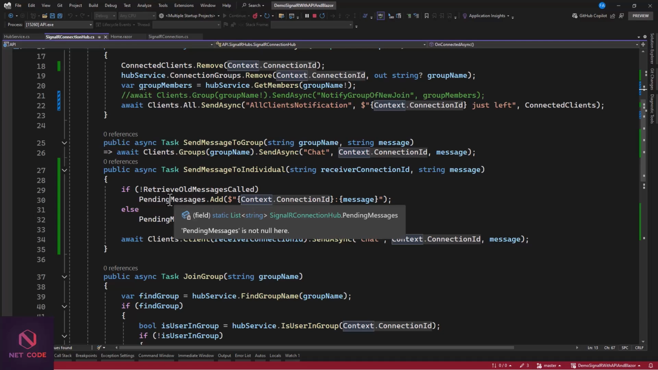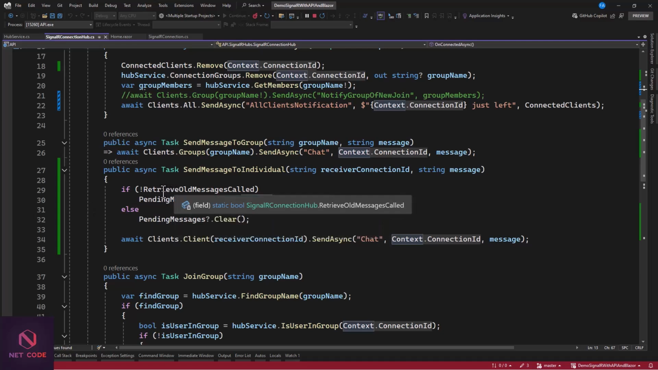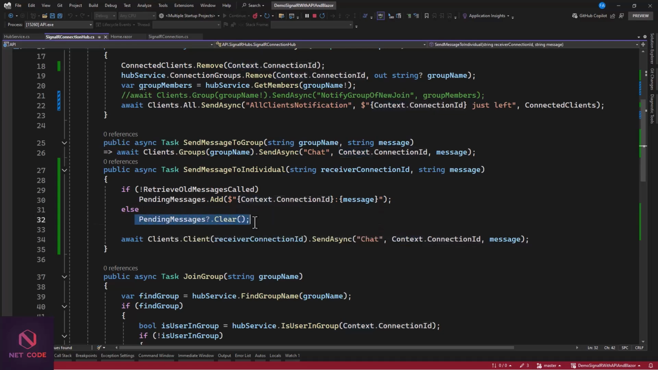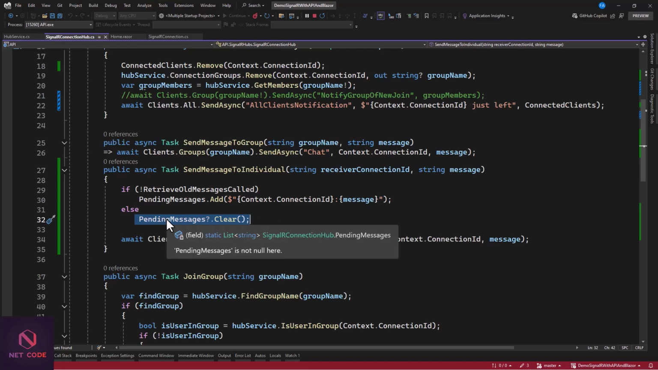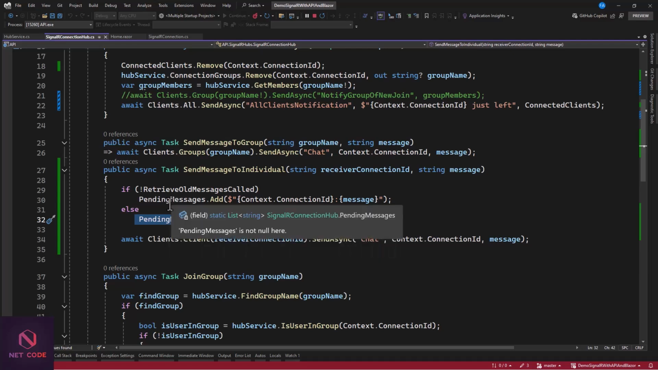As soon as the user tries to view the message, this will be set automatically to true. Setting this to false means the user hasn't clicked on it to read the message, and in that case we add it to the pending. In case this is set to true, that is when the user clicks on view to view the message, then we're going to clear the messages in here,